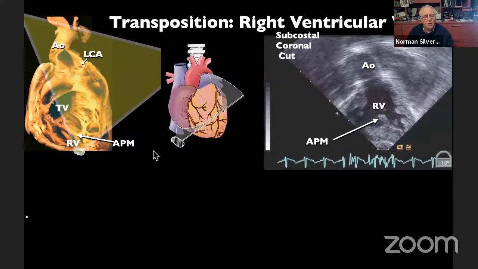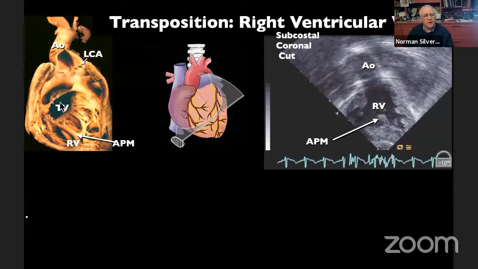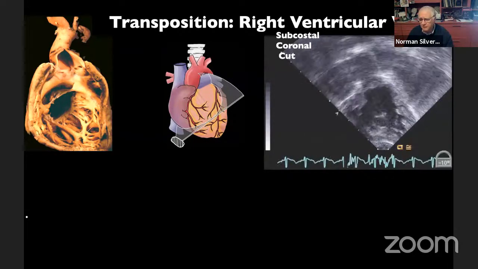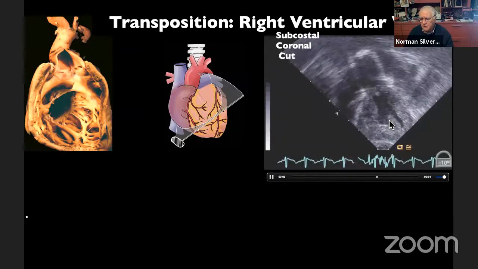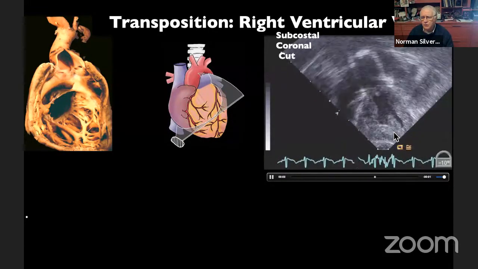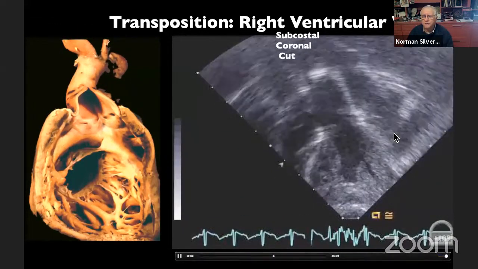And here you see the opened right ventricle with the tricuspid valve, the papillary muscle of the conus, the septal papillary muscles, and the posterior papillary muscles here, subtending the three leaflets of the tricuspid valve. We can identify this as aorta because not only are the head and neck vessels shown, but we can also see the left coronary artery, and the echocardiographic plane is a similar one, but shows this large anterior papillary muscle, the aorta, and the origin of the coronary arteries to confirm this as aorta.